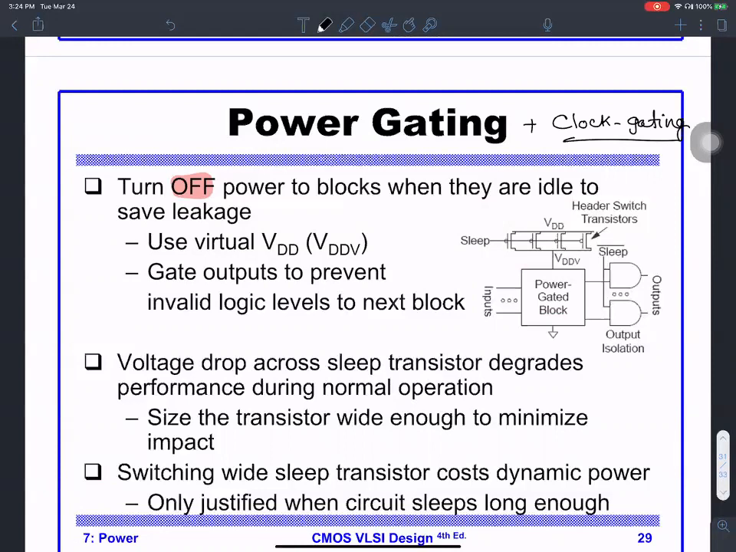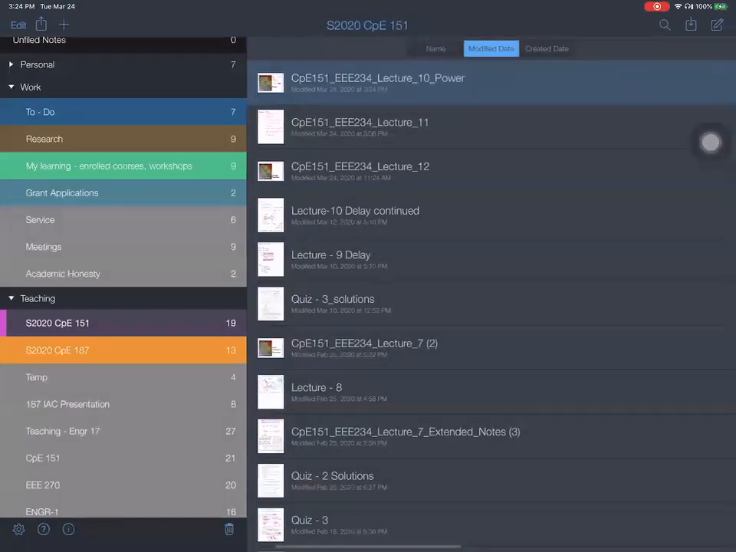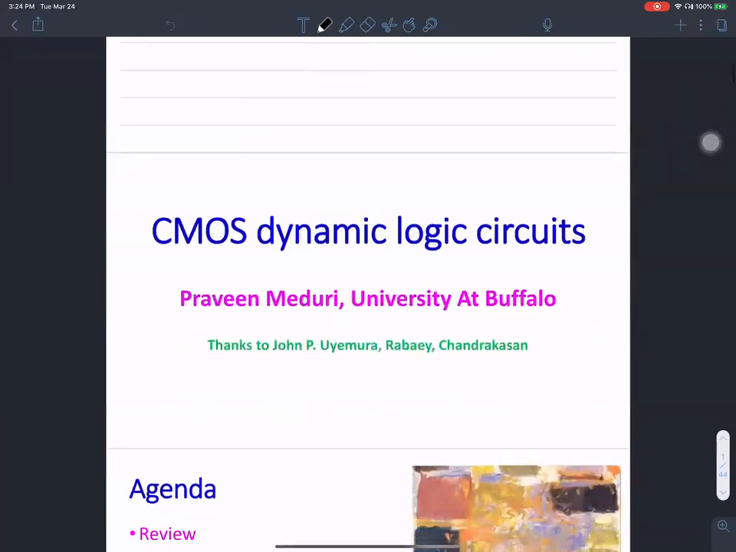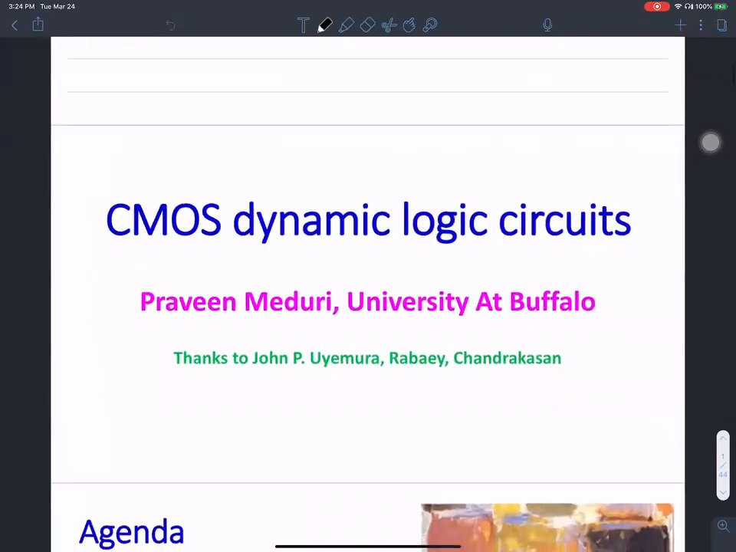Okay. Now let's move on to a different topic, what is known as dynamic logic circuits. If you see the power